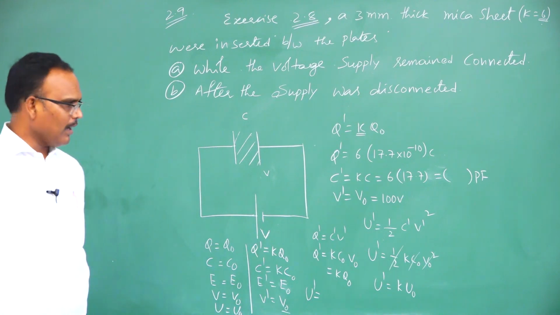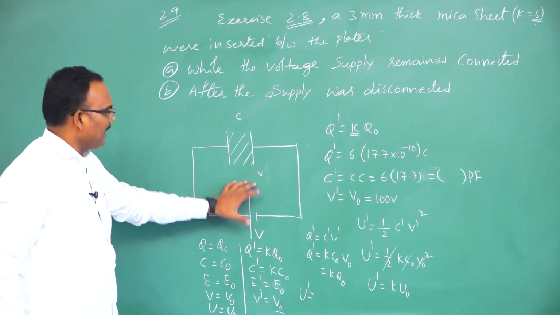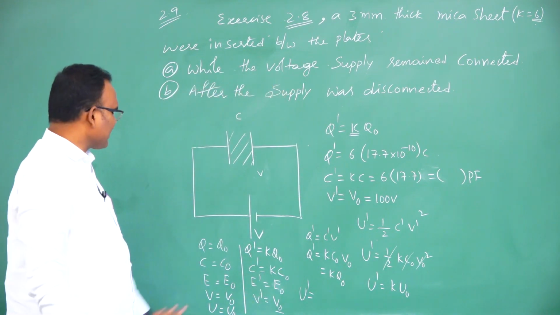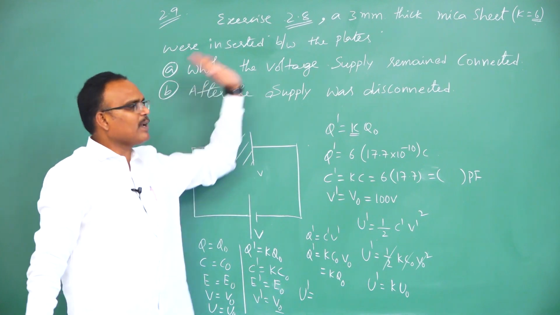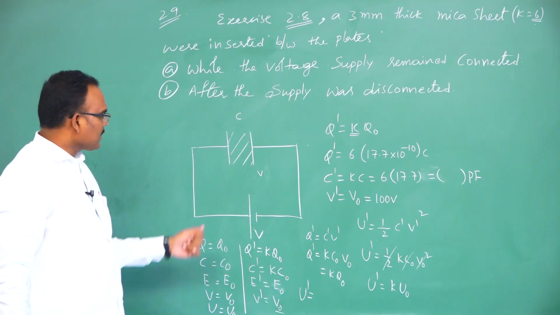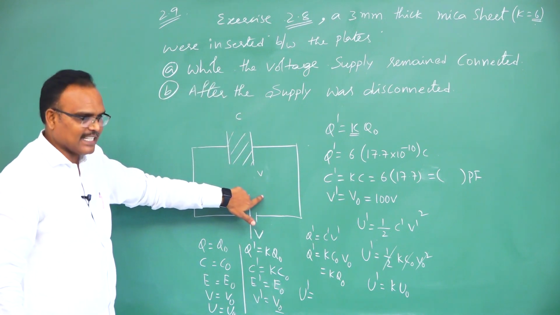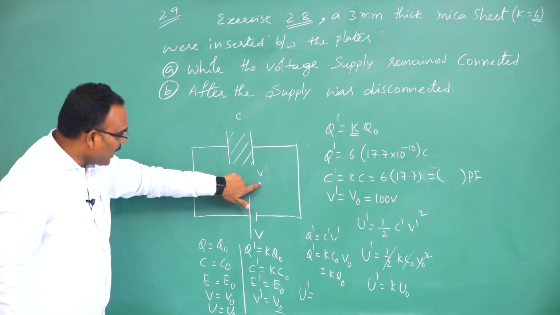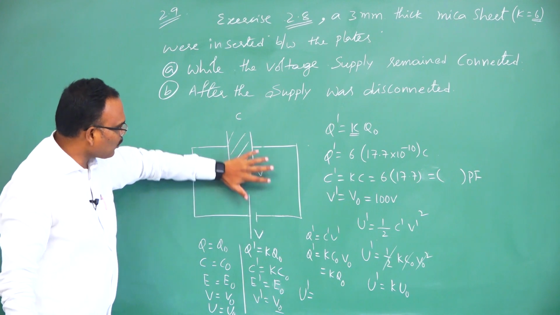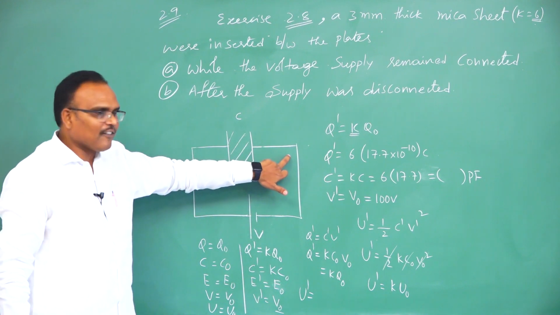So this is very important. When a capacitor is connected to a cell, in the presence of the cell, if we introduce a dielectric slab, capacitance becomes KC, irrespective of whether the cell is there or not. But here we have to see very carefully. When a dielectric slab is introduced, capacitance increases, which means potential decreases. Still the cell is connected, and the cell has the capacity to store charge on this capacitor up to its potential. So V by K becomes V after some time.